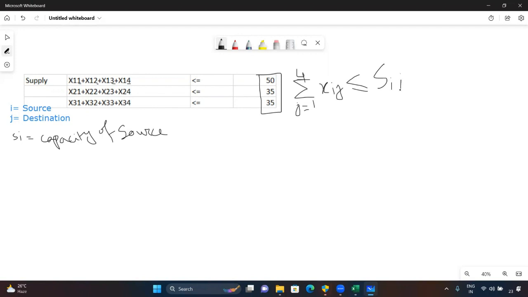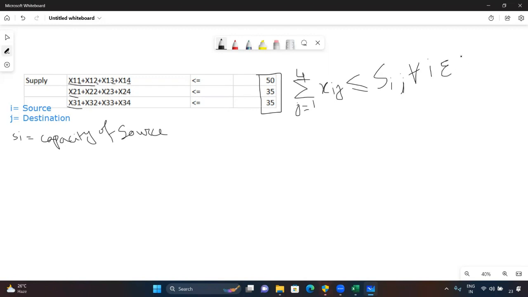Okay. Now this is a semicolon. Now to apply this formula for all the sources, that means this one, this one, this one, what we need to write? Again, we need to write this thing for all i